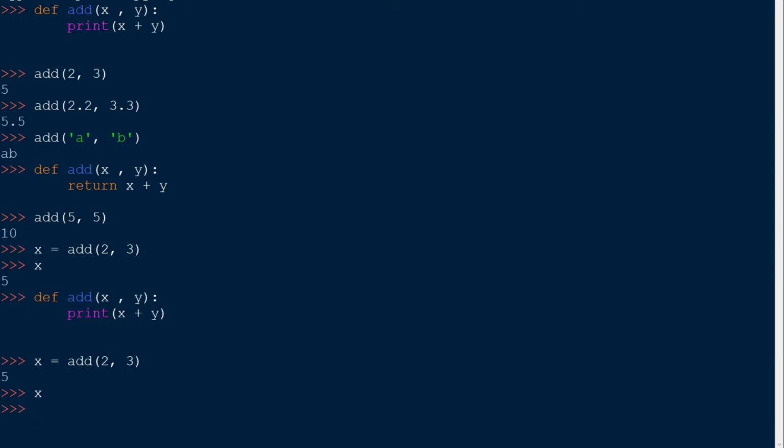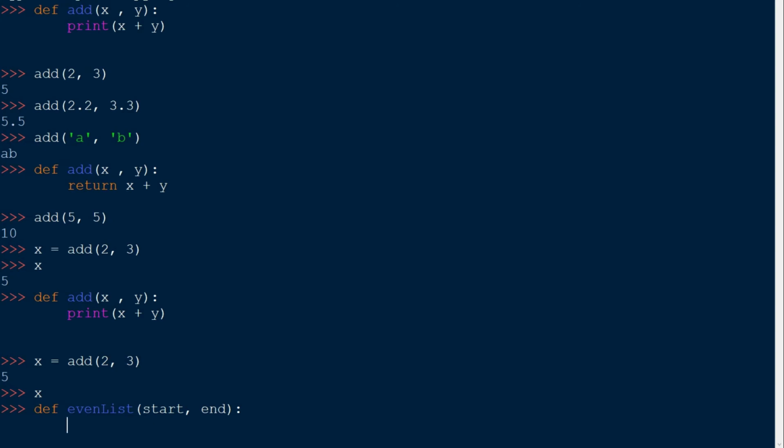Now let's try another example. Let's try to print a list of even numbers from some starting position to ending position. Let me write a function, def even_list, with a start value and an end value. Press enter, and here we want to return a list of even numbers from the starting position to the ending position.